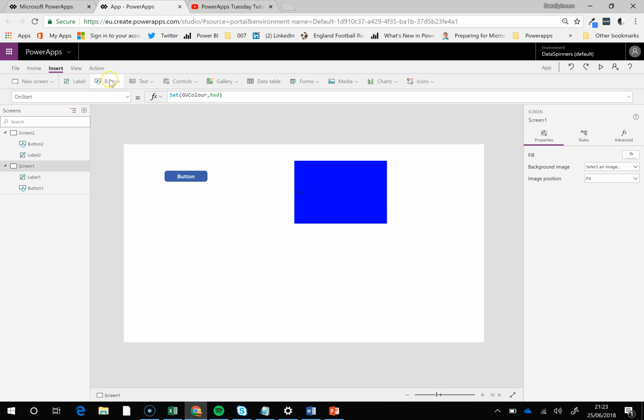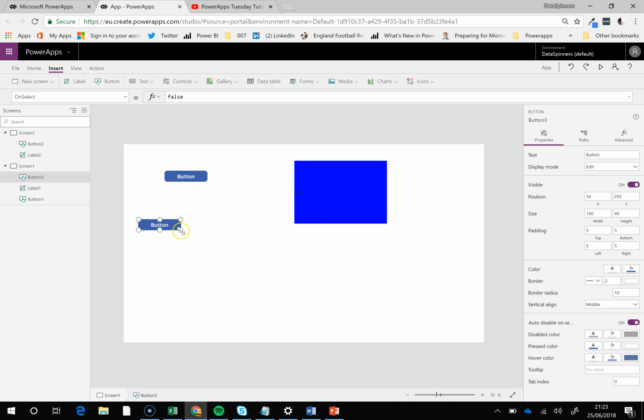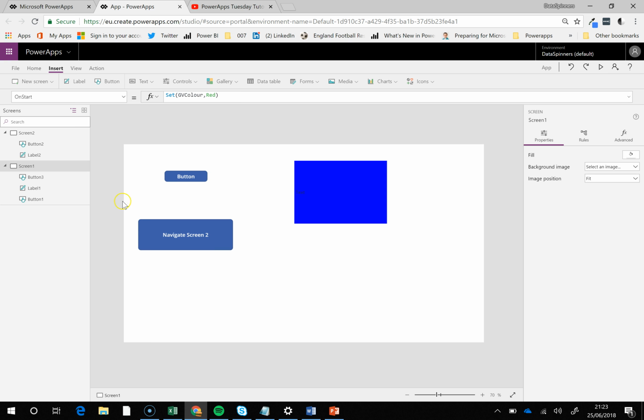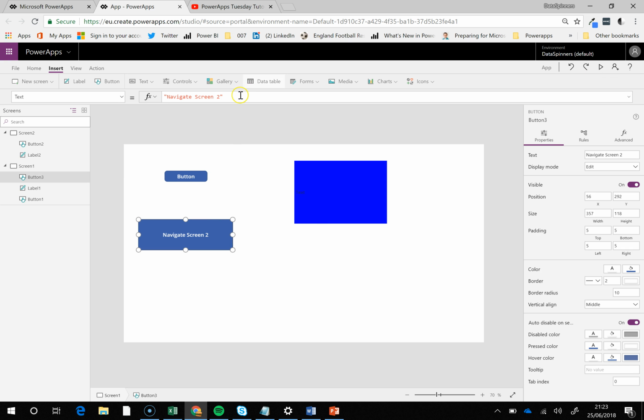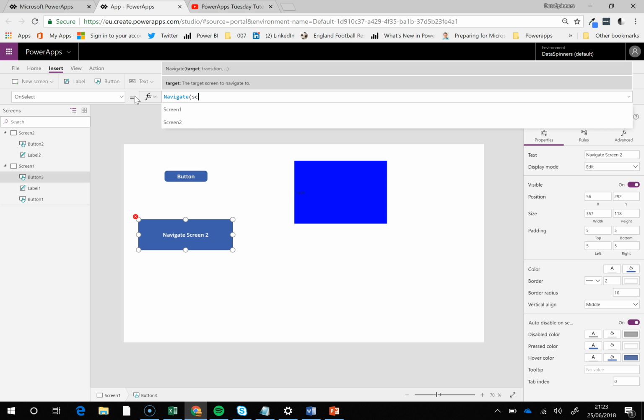But what we can do is pop another button in here, and we're going to put the text on that, which is currently Button, to navigate to screen 2. Now at the moment, on screen 2, which I don't really want to go to, if we went there we would find that the text box was blank. But the minute we change this to OnSelect, Navigate(Hello Screen 2,